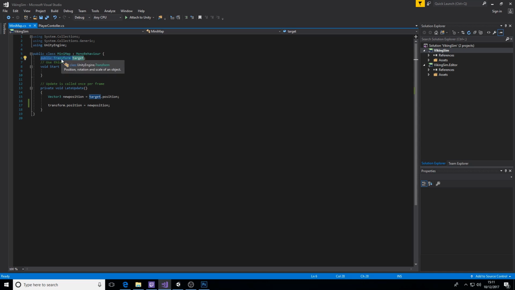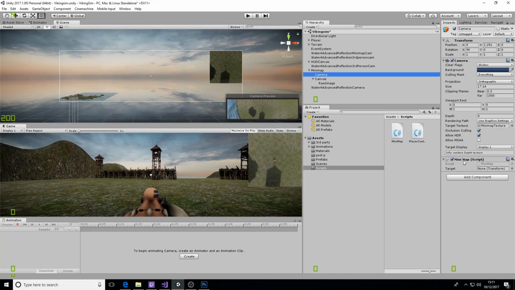But this public transform will make it visible within the inspector, so we can drag and drop the player object onto this field so we can get its X, Y, and Z position. Now as soon as you've done this, click Save, head back into Unity, and you can now see within the minimap script you've got a target field. So drag and drop your player into this target field,